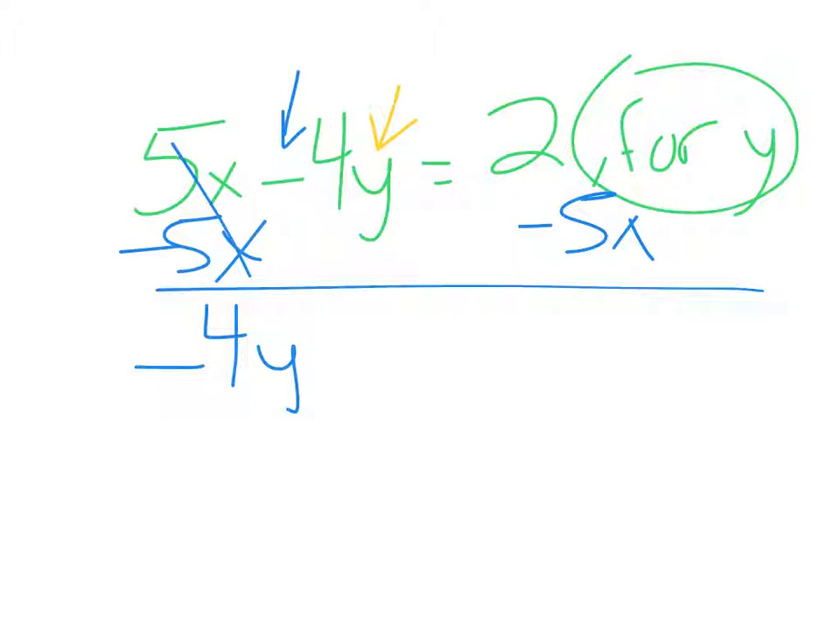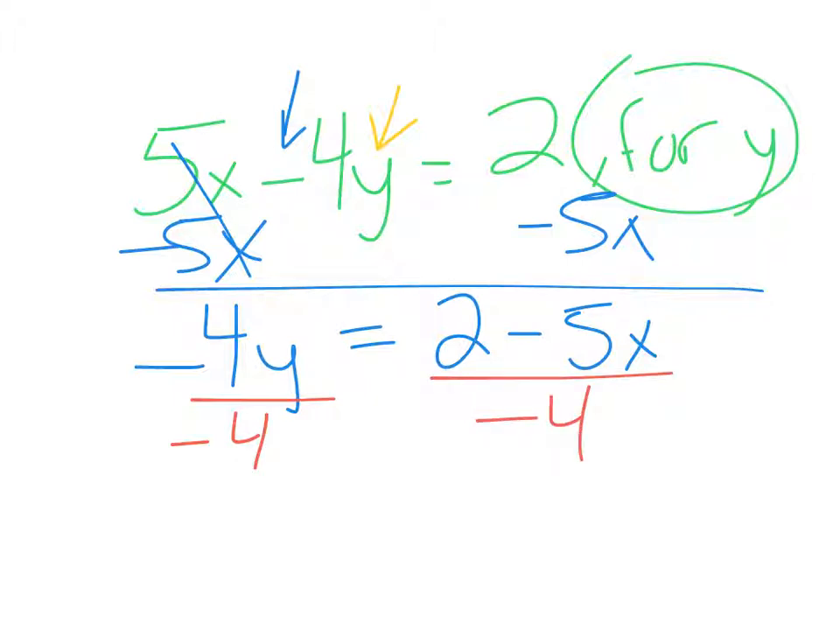If you did choose to add that 5x, that would have then left you with 4y instead, and it would have been plus 5x on the other side. And we're going to end up getting the same thing. So we have negative 4y is equal to 2 minus 5x. And then to completely solve, I'll have to divide by that negative 4. And that will leave me